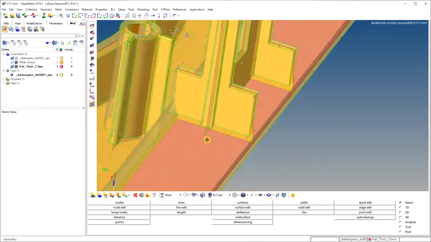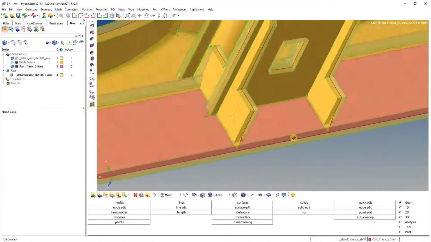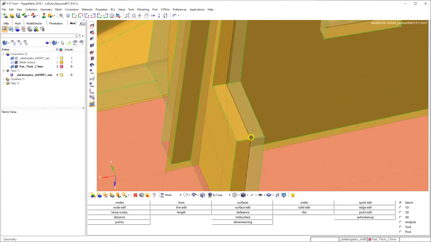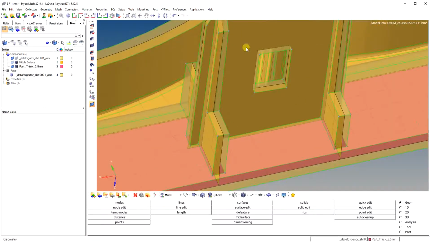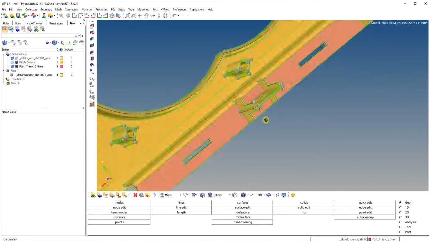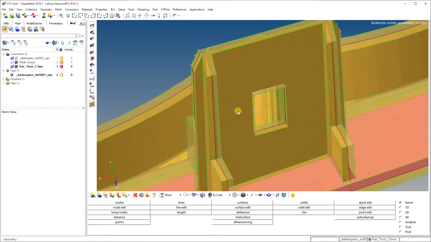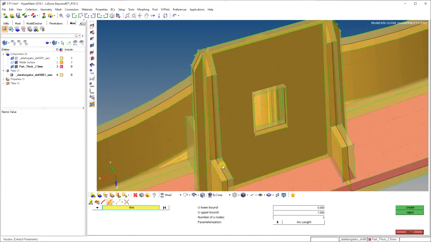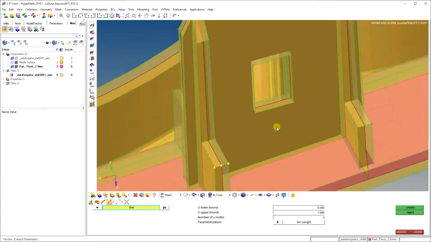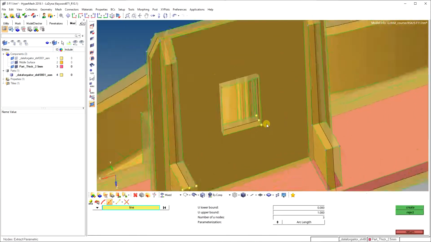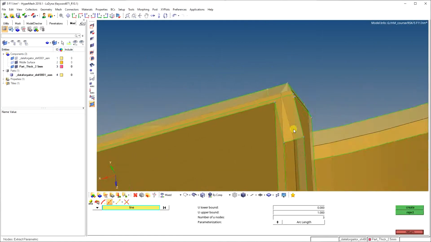Now here I am also checking the thickness for this feature. By using F4, I am creating some nodes where I want to check the thickness.